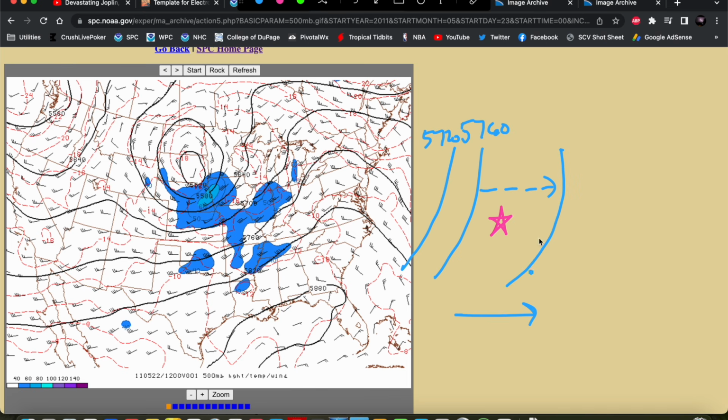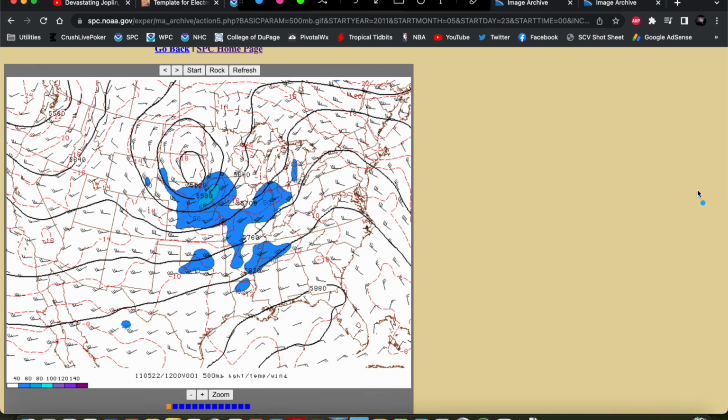So let's say over a period of several hours, this 5760 contour might be over here. And now this 5720 contour might be right over us. And that means at our location, heights have fallen over time, and therefore that is favorable for rising motion and storm initiation if the ingredients are there for severe storms. That's what we want to see. Not necessarily height rises, because that promotes sinking motion and is less favorable to get storms going in a given